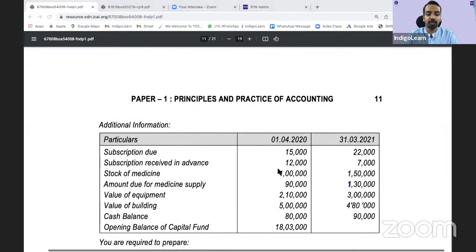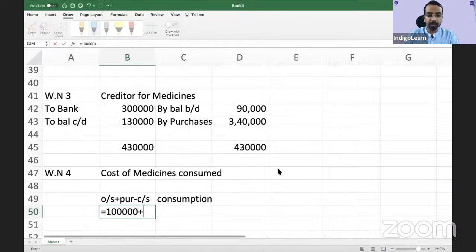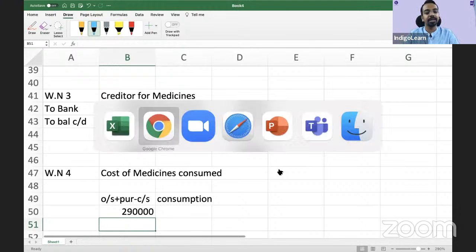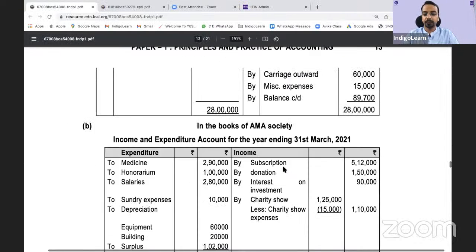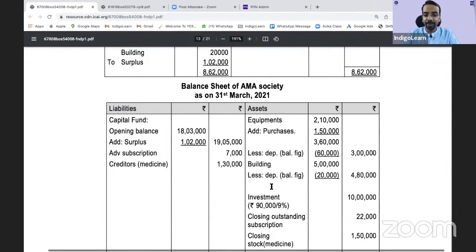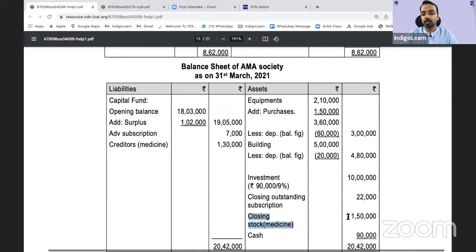Consumption, it says 1 lakh and 150, right? So 1 lakh plus purchases of 340 minus the closing stock of 150. Consumption of medicines is 2,90,000. This is an expenditure item and you will debit it to the income and expenditure account, right? So 2,90,000 is the medicine consumption. Immediately closing stock of medicine 1,50,000, you can show it here, and your creditors for medicine 1,30,000. So as you do, you keep on posting. You'll ensure that you do not make mistakes or miss out the information given in the question,